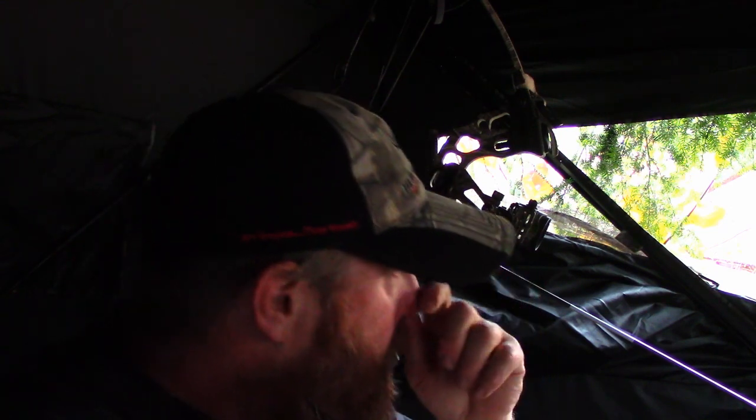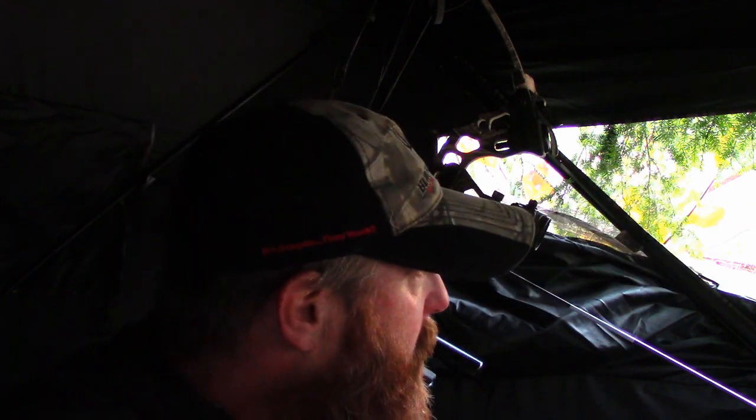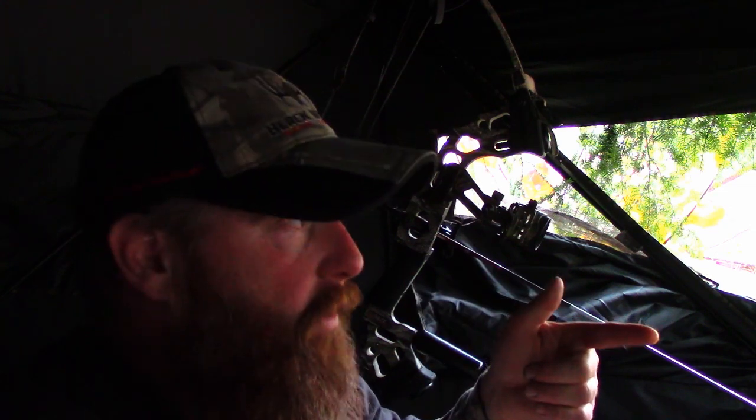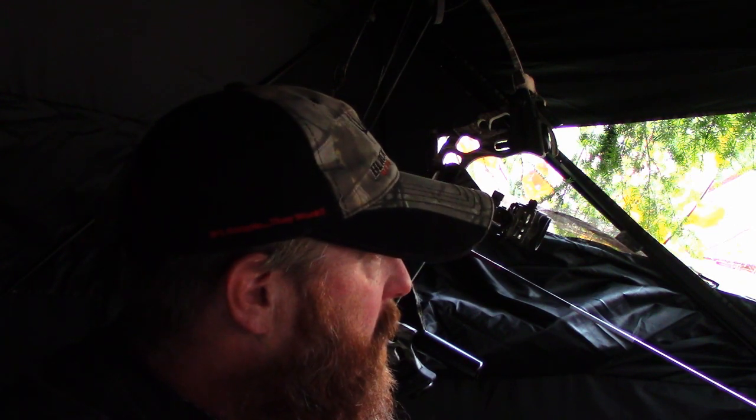We got a bunch of blue jays going off up here, kind of in that same direction that they usually come out, then they filter down through. So I don't know if they're going to go above us or come down this way. We're just going to keep an eye out. Just figured we'd let you know. I don't know why blue jays do that. They see deer every